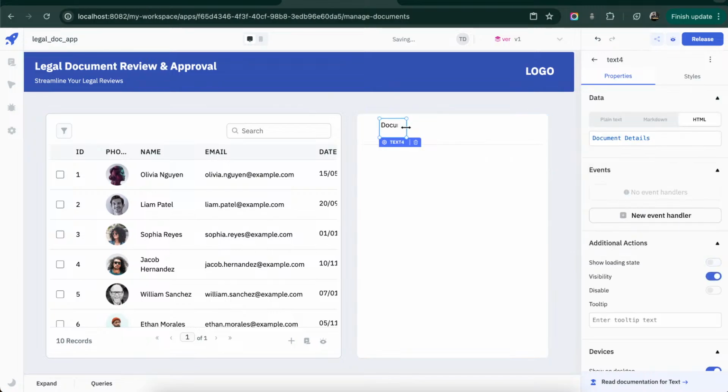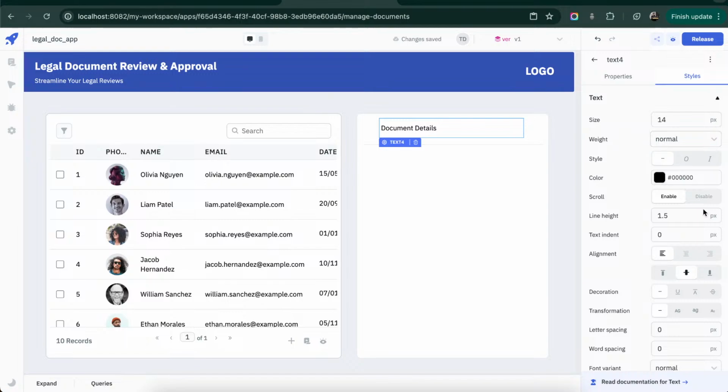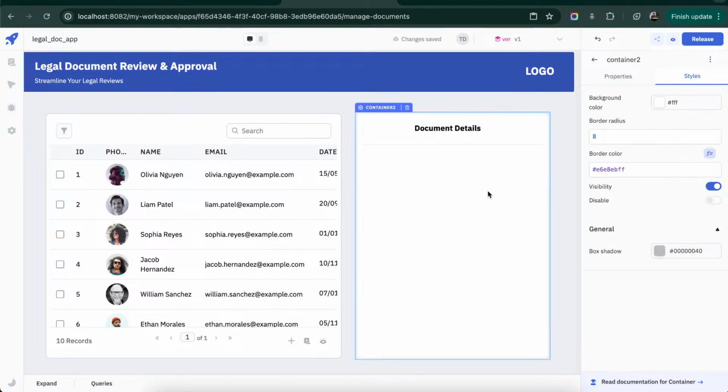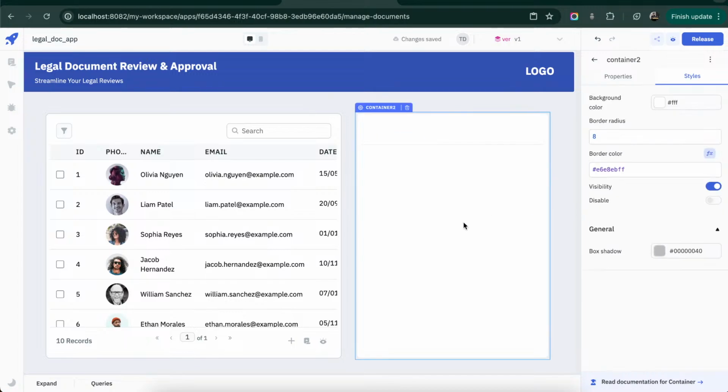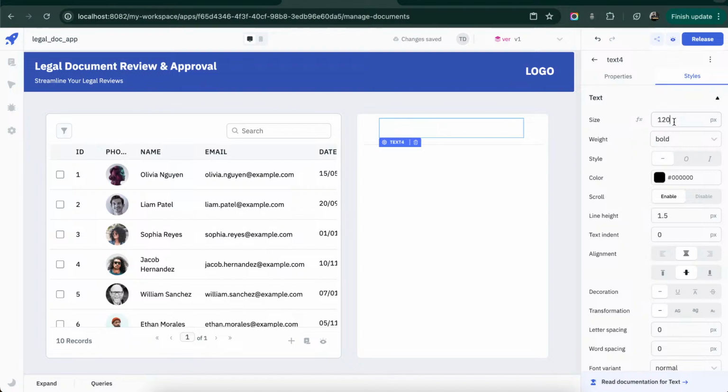Okay, and let's stretch this, let's center align and make this 16 and make it bold. All right, let's increase the size to 20. Okay, let's make it just 20. All right,